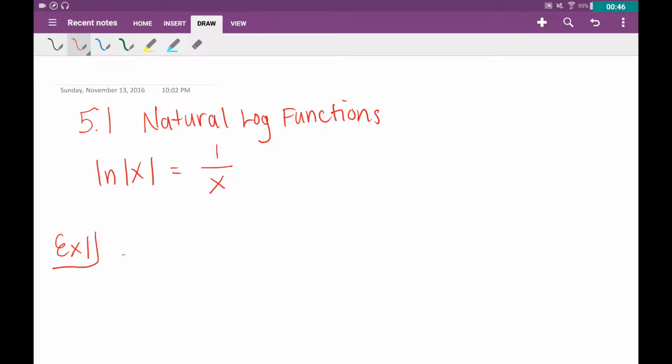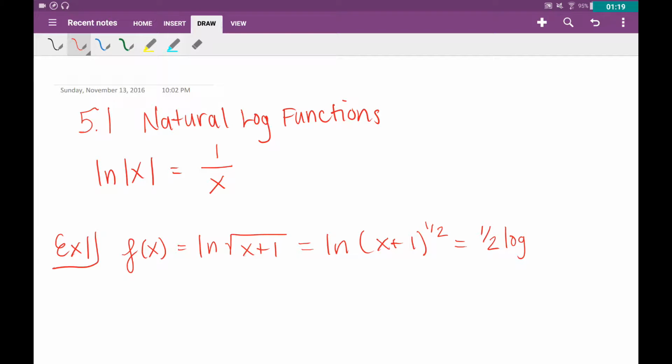First example, let's find the derivative of the natural log of the square root of x plus 1. Okay, so first thing I'm going to do, same as what we've done with a lot of derivatives, is just do a rewrite. So the natural log of x plus 1 to the 1/2. Sorry for the lag. So again, a rewrite, and the rule is if you have an exponent in a natural log or in any kind of log, you can bring the exponent down. So you get 1/2 natural log